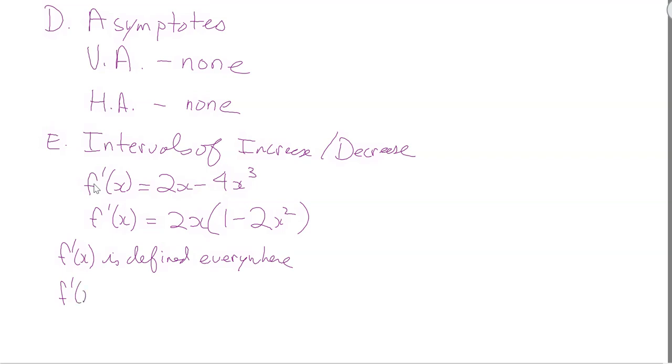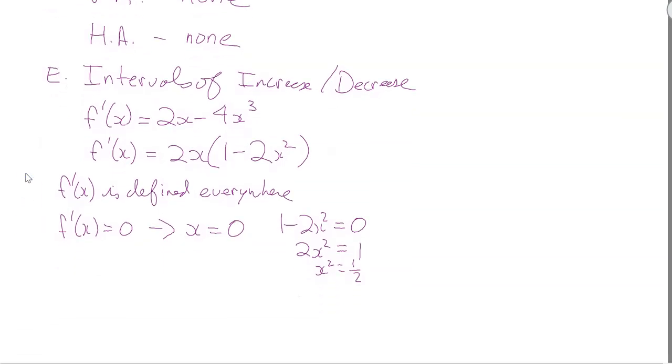And f prime of x equals 0 means x equals 0, or 1 minus 2x squared is equal to 0. So 2x squared is equal to 1, x squared is 1/2, and x is plus or minus 1 over root 2,